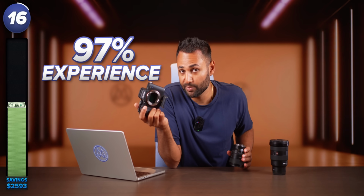So you're not going to get much in the way of an in-store warranty, but if you're buying something that you feel is pretty reliable, then it's a very easy way to save a straight up $1,000 on your camera body and lens. And also, while we're on cameras, you can get, no exaggeration, 97% of the experience by buying